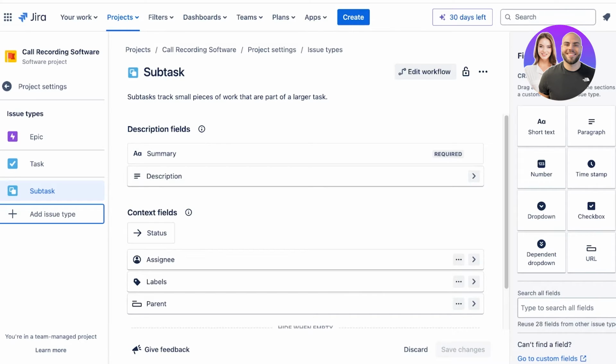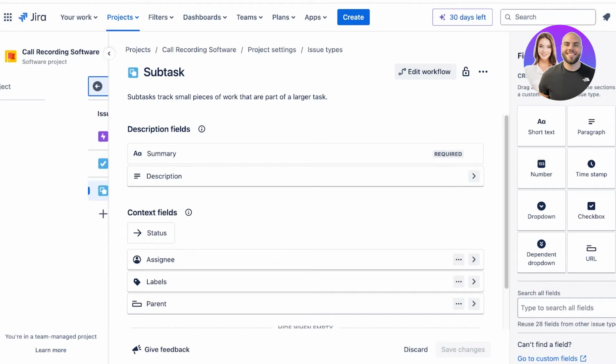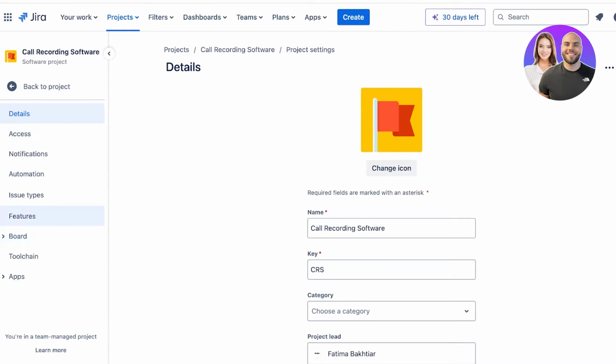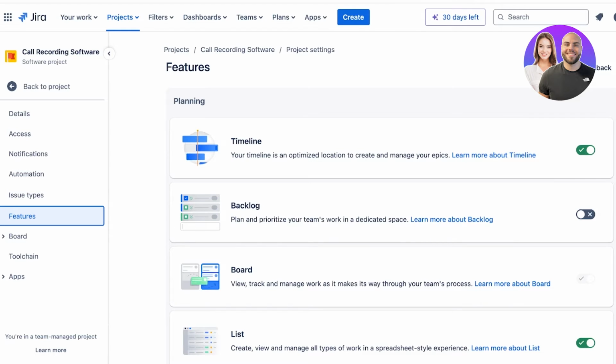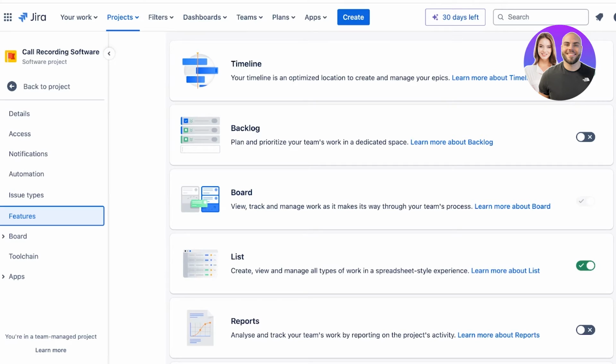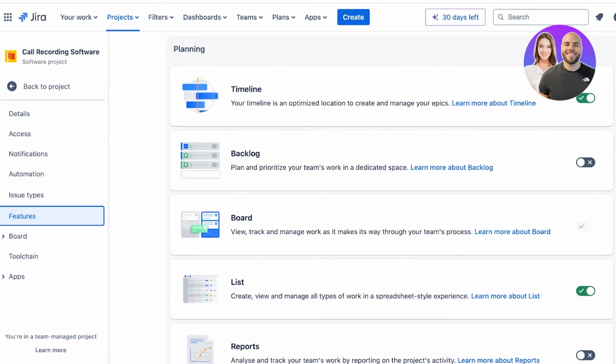For most other types of project management, they're not going to be necessary. So we're going to leave those out for now. Now, moving on towards the second setting, which is our features. Now, features are another thing that you need to customize before you can get started with setting up your project,